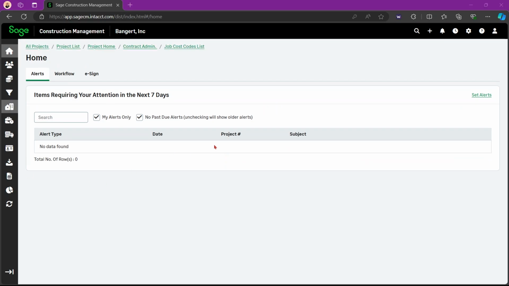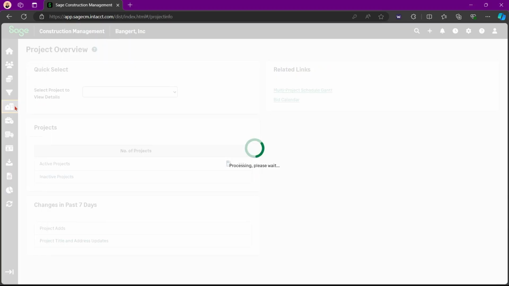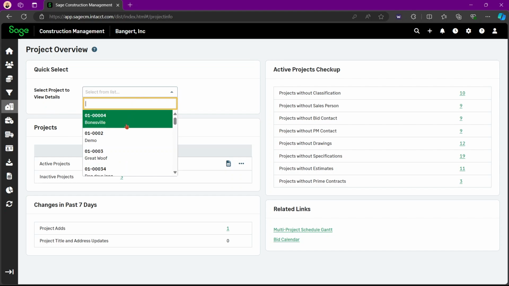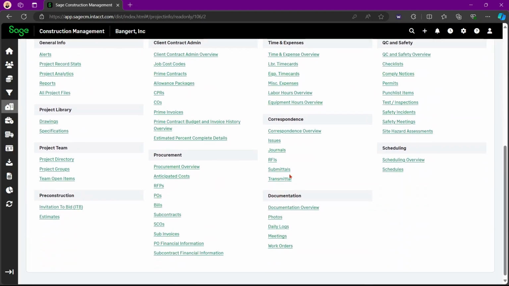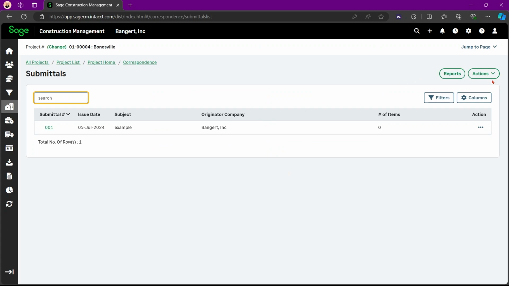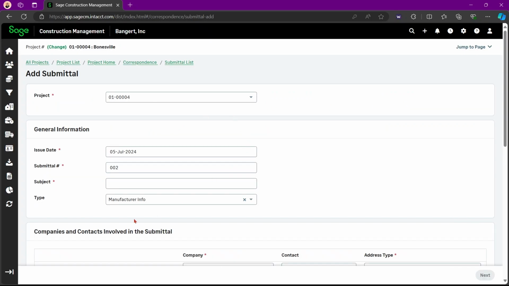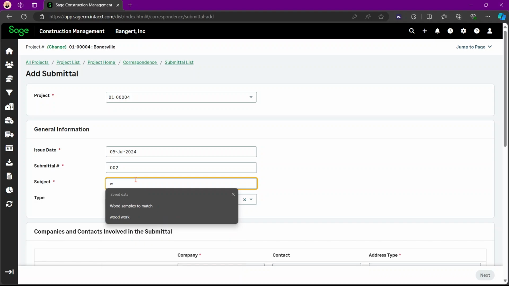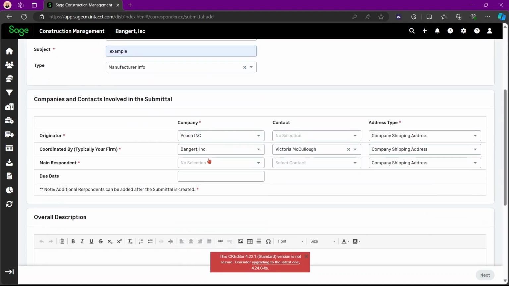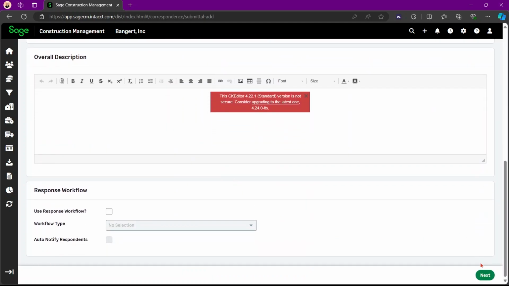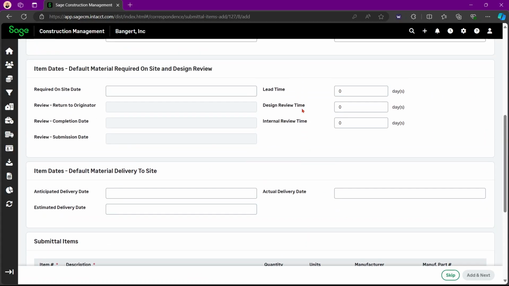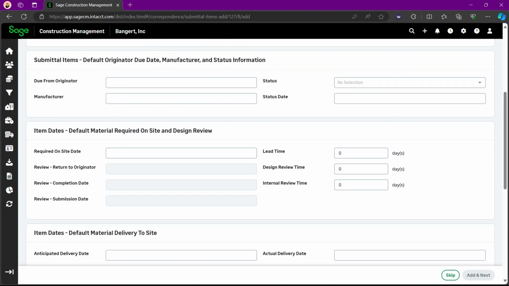So once you're out of the settings, we can go to the submittal items and the submittals. Here, when you add a submittal manually, I'll do this just as an example. So now the date fields are automatically displayed, the review dates based on the set number of days and the item days.